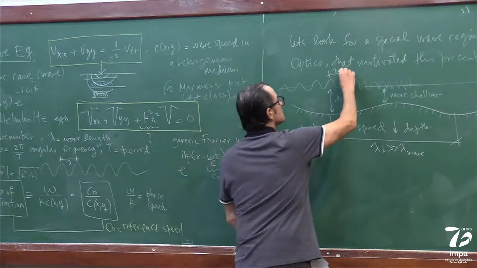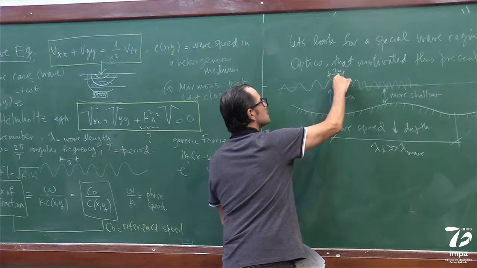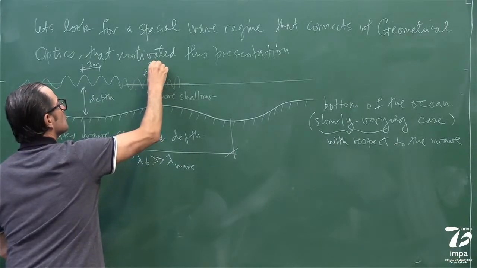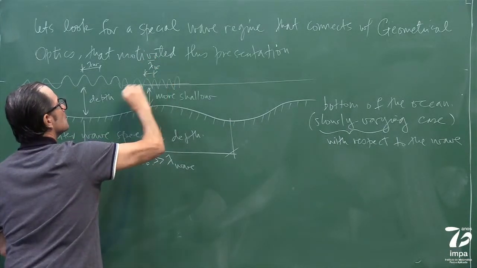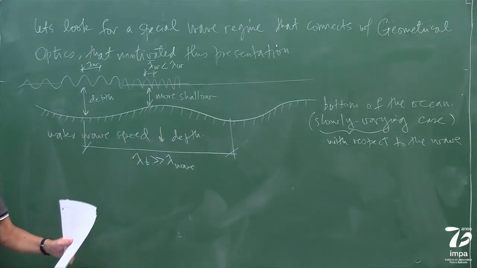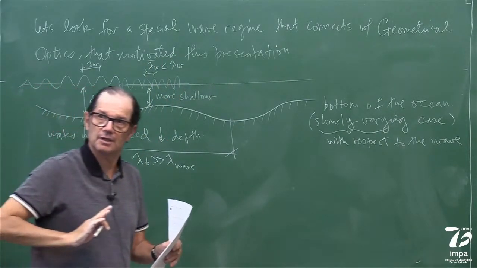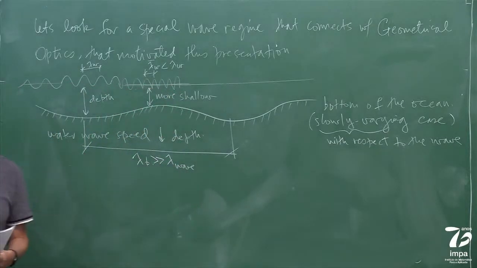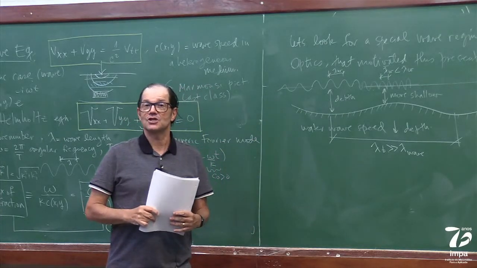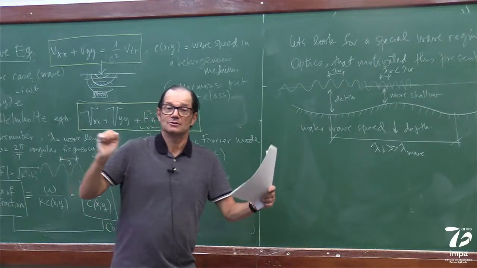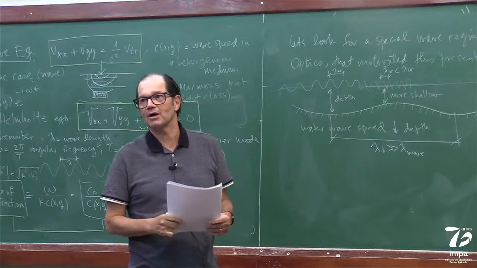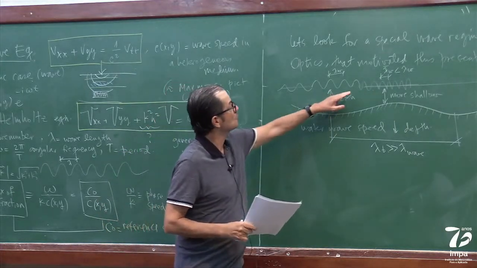Because this wavelength here is going to be lambda bar, let me call it, smaller than the other one. Because if the wave slows down, it's just like in a train, we call it the wave train. When the locomotive brakes, because of the momentum, the wagons tend to pile up. Of course, they don't pile up, but things move forward. So here,